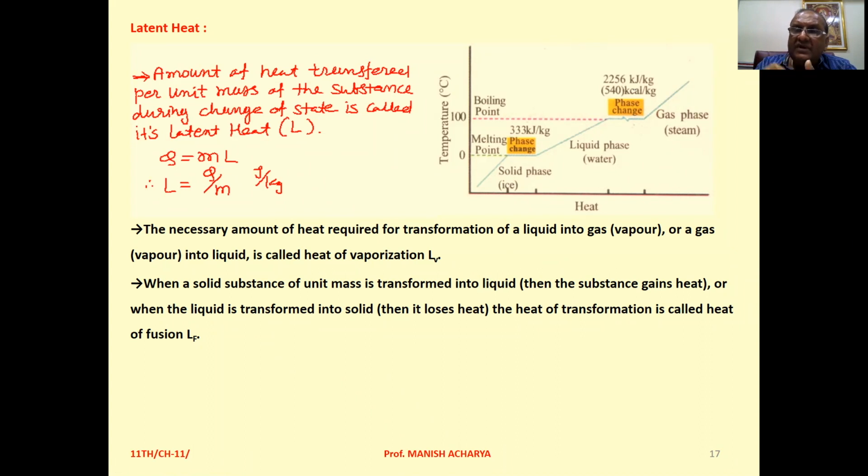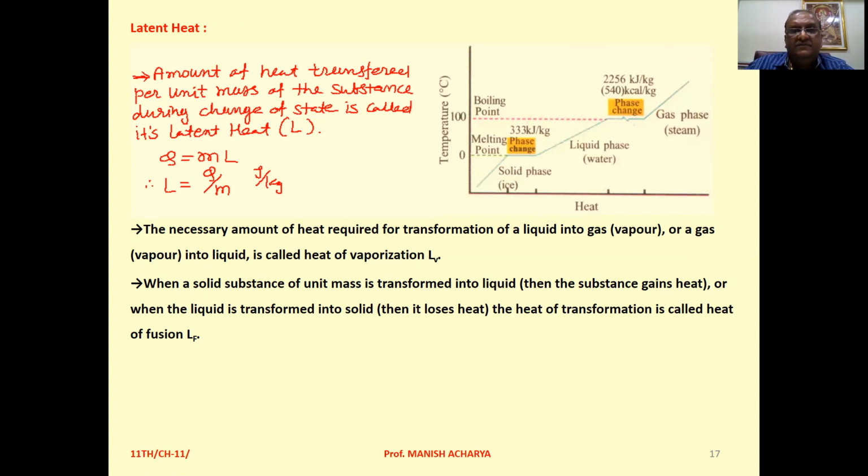So the heat exchanged is not increasing or decreasing the temperature, and therefore that particular heat is called latent heat. Because if there is an exchange of heat, definitely the change in temperature takes place, but in this particular case the temperature remains constant. So where has this heat gone? It is utilized to change the state, and therefore it is known as